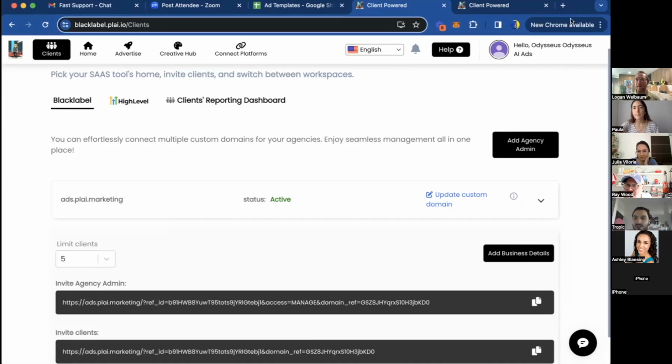We're already recording this, but the first thing I want to go over is our new Black Label beta project. Black Label can be really useful if you're working with bigger franchises. It could be the perfect option for you, because with Black Label you can have your agencies or franchises underneath you, and their clients underneath them. Currently, in White Label, you're the admin and you have just clients underneath you. Those clients can't have clients underneath them.